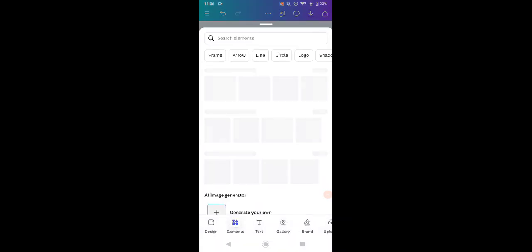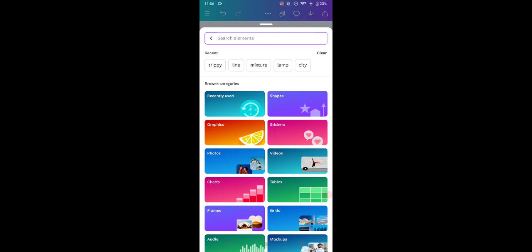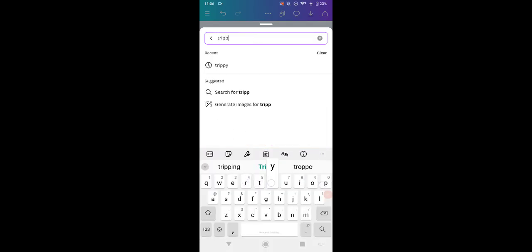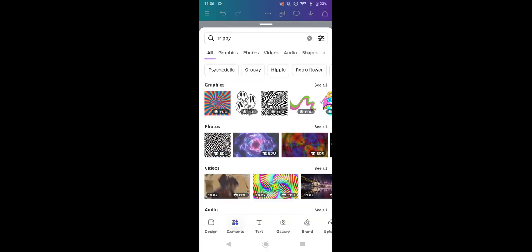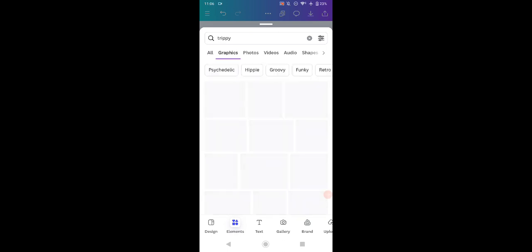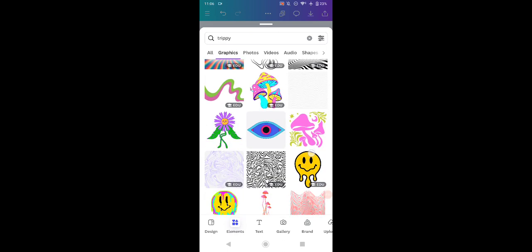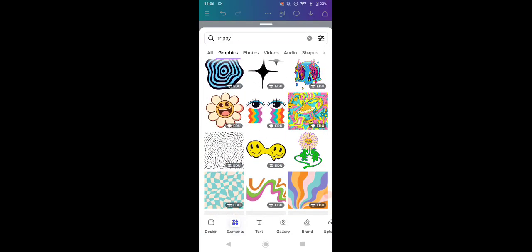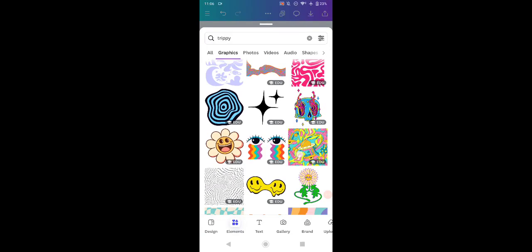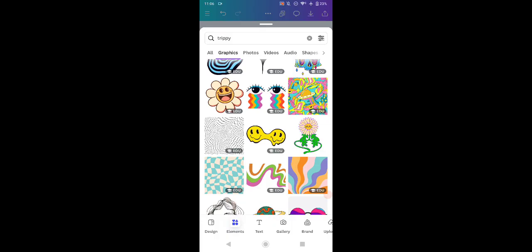Click elements. Here you can type 3P like this and then search it, and we will use the graphic one, this one. And for example, I will try to use this design